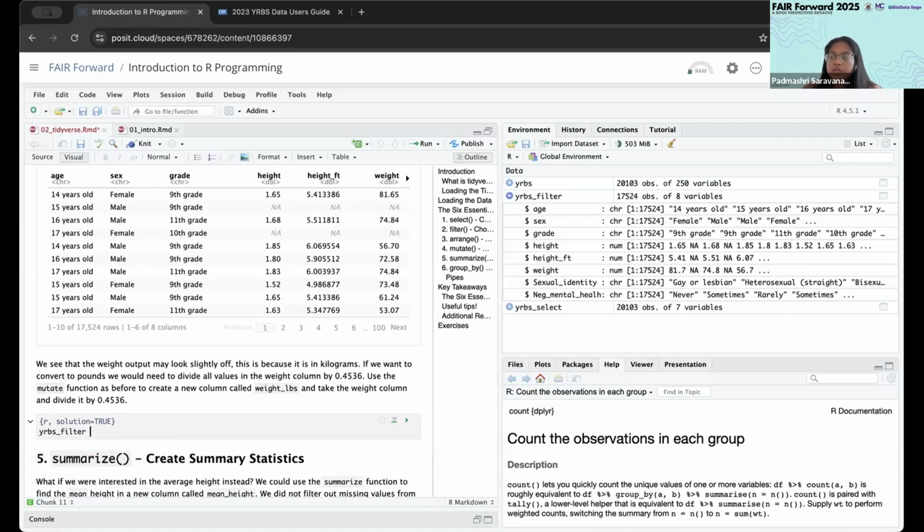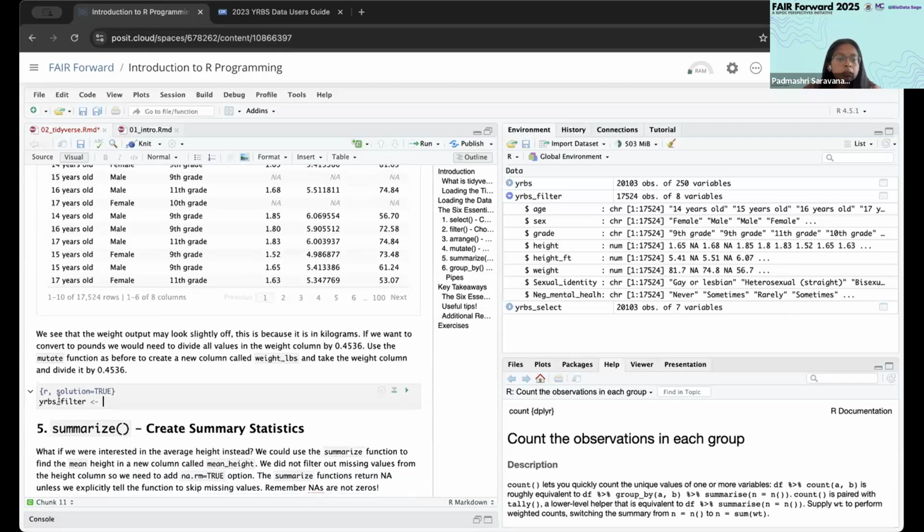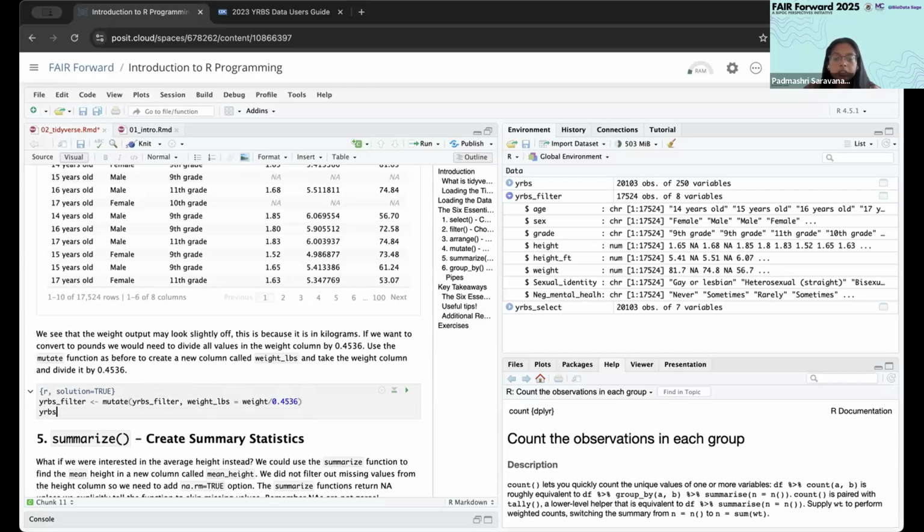So we're going to use YRBS filter, and mutate, and use YRBS underscore filter, and then create a new column called weight underscore pounds, or LBS, and take the old weight column and divide it by 0.4536. And if we run this data frame,